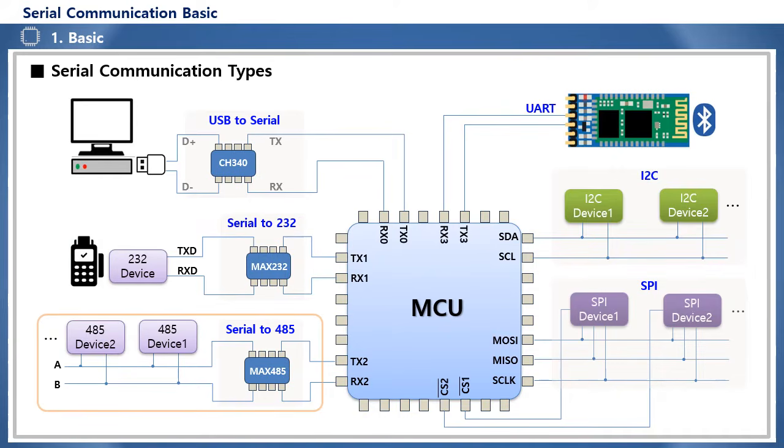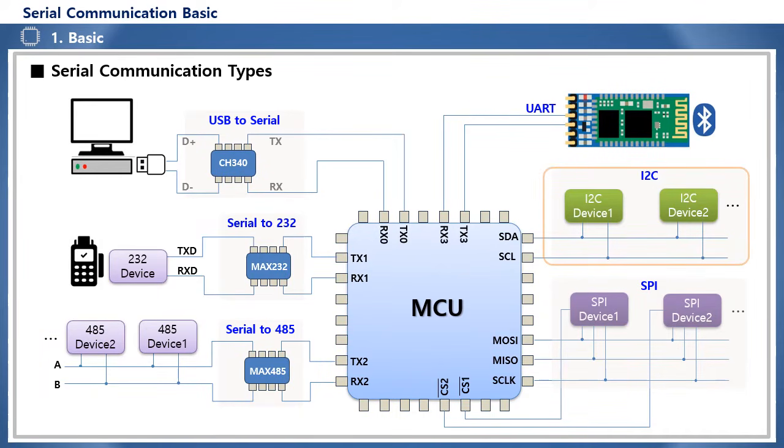MAX485, a serial to RS-485 converter, is a method for communicating over a longer distance, since RS-232 communication is less than 15 meters, up to 1.2 kilometers. The TTL-level serial signal on the MCU side passes through the serial to 485 converter MAX485 and is converted into a differential signal of the RS485 communication standard, so that communication can be made with a remote 485 device. RS485 is a bus-style network communication structure, and parallel connection with multiple 485 devices is possible.